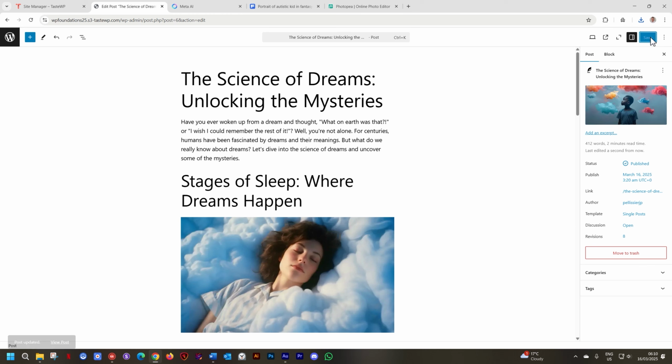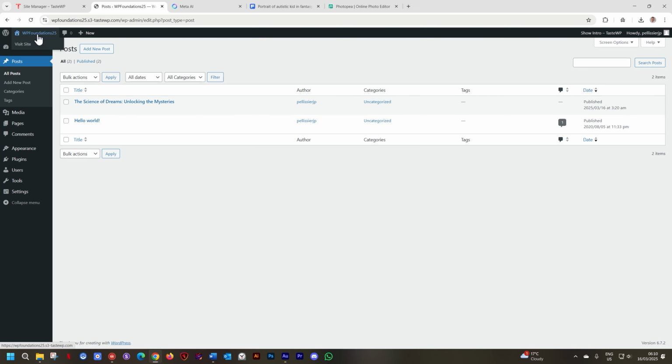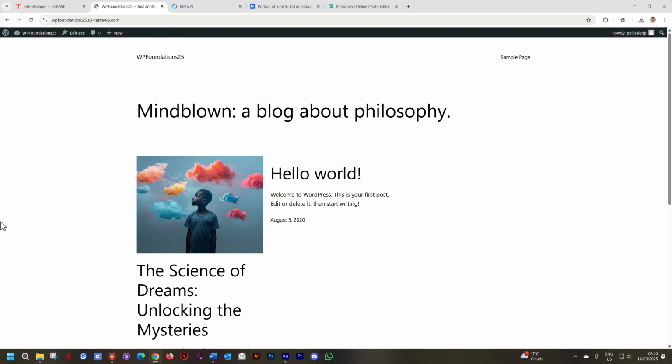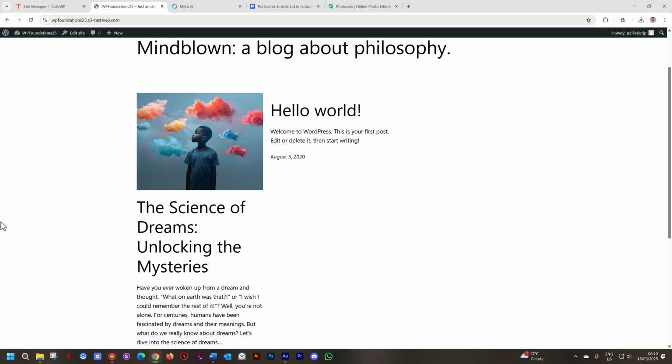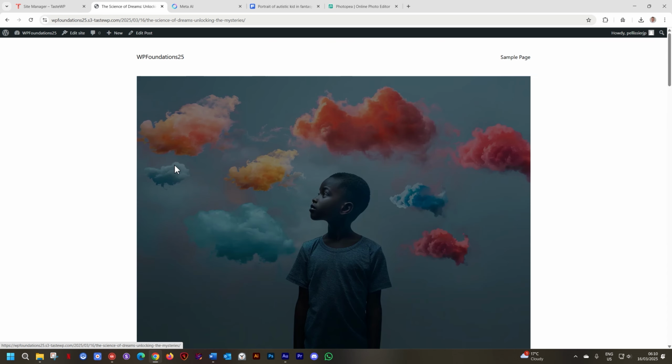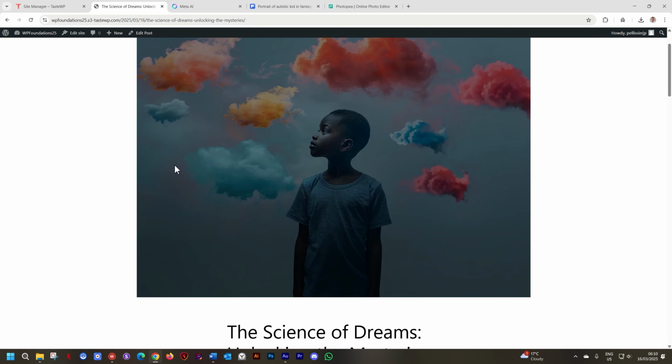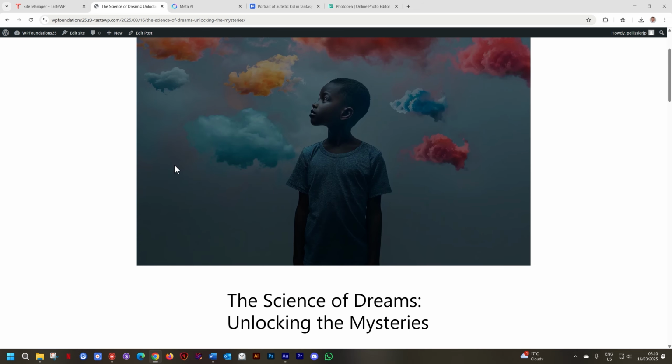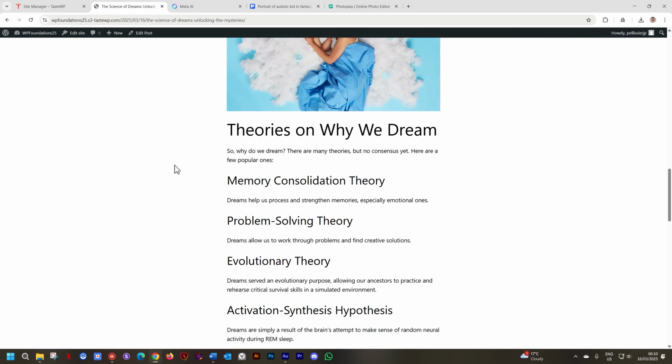Let's save. And now let's go see how this will look on the front. Exit to WordPress at the top and then click on the front end. Aha. And you can see now things are shaping up the way that you are used to working with other people's websites, that you have a featured image for your post. And here's your post. But something really crazy is going to happen now when I click on this and you're going to view the post. And that is that the featured image comes in at full size here. And then you have your post below that.